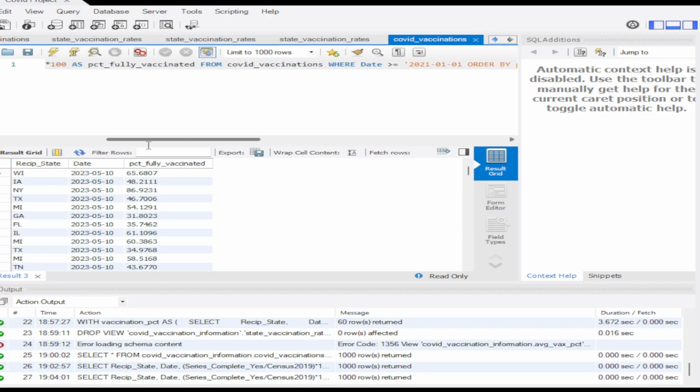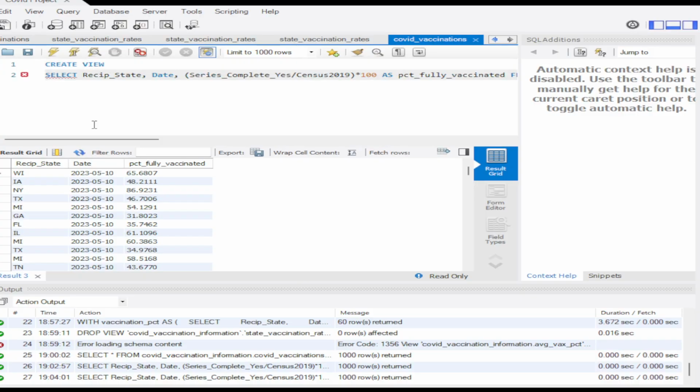You can order it ascending or descending like that. If you ever want to store your results, what you can do is make what's called a view. A view is just a stored SQL statement like that. What you do is you type create view as, you're using the alias operator,